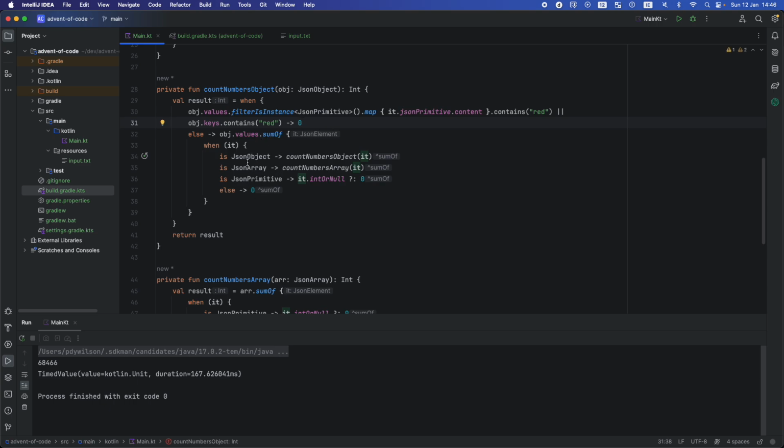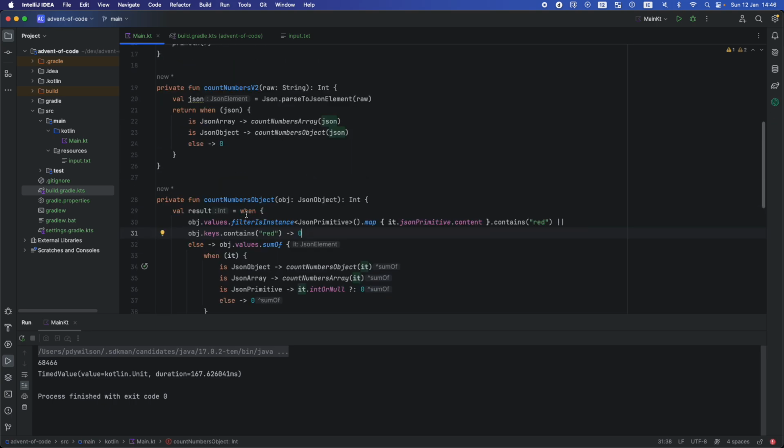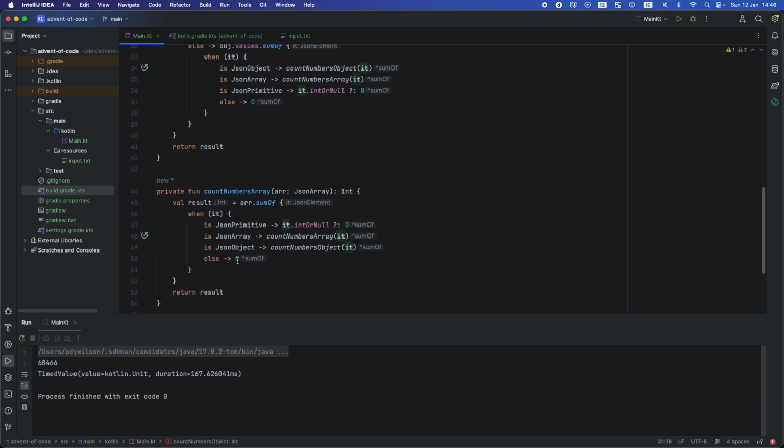And then we can go through the same way. If it's an object, we just count the object recursively. If it's an array, we go to the array function again. And if it's a primitive, we just cast it to int or null and set it to 0 if it's null. And then we can return the result after we went through the whole tree, and we just stop if we find a red as key in one of the objects. We don't have to go through the extra layers, but we are doing a bit more